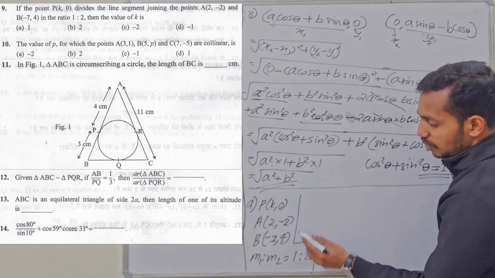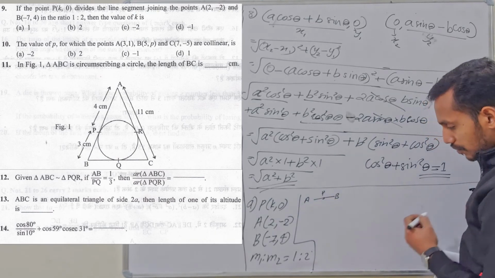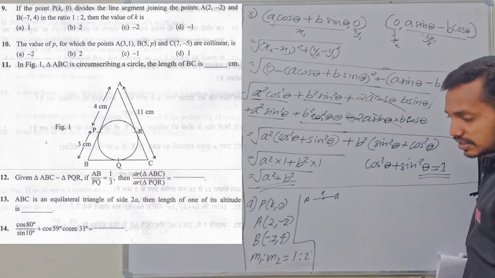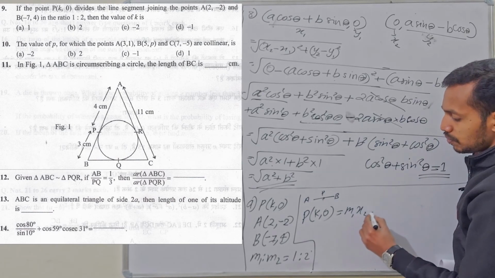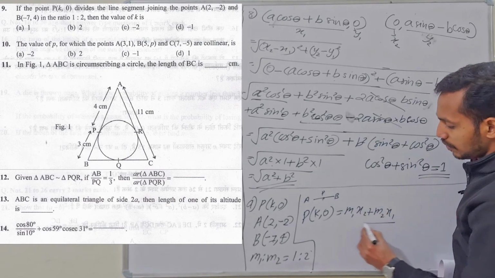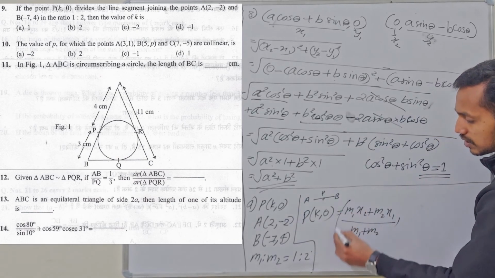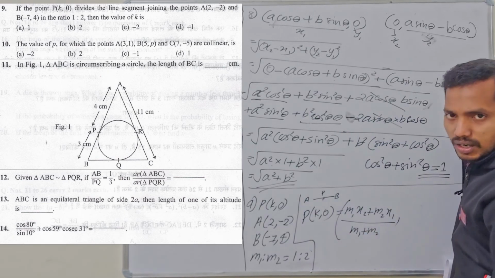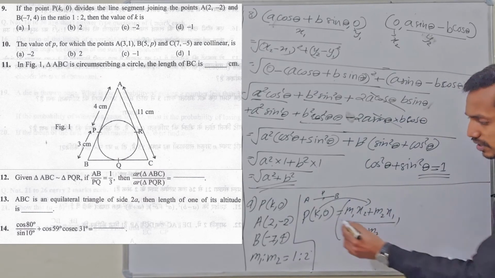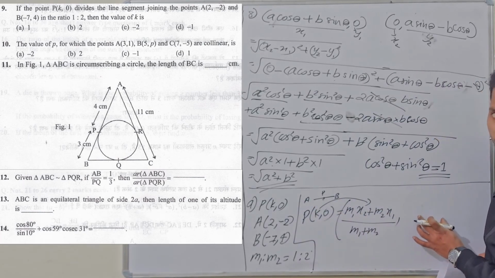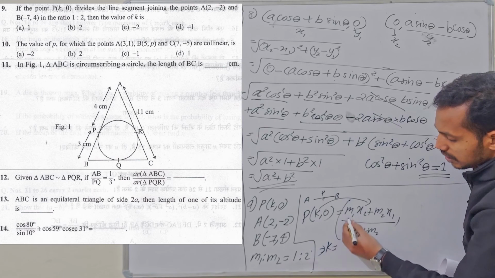If a line segment is divided by a point, suppose we are considering AB is a line segment and is divided by P, we have one formula. The coordinates of that point will be m1 into x2 plus m2 into x1 divided by m1 plus m2, comma, and one more is the y coordinate. But here we are not going to apply the y coordinate, we need only the value of k, so we just need to write the x coordinate. So k will be this one and 0 is the y value, but that does not matter. Now that implies k is equal to...